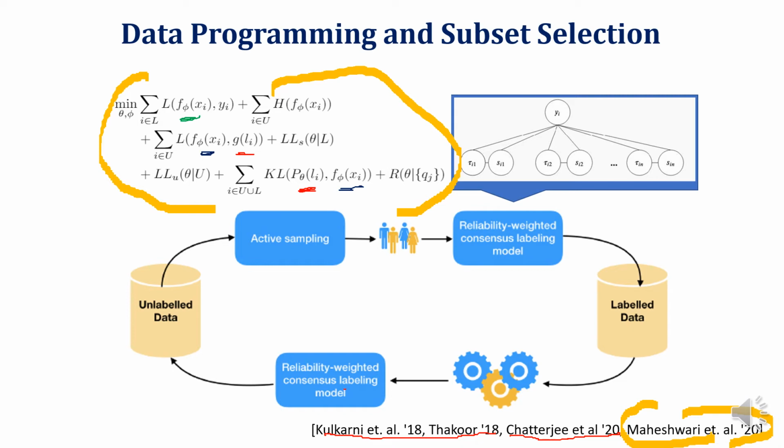And certainly you would like that on the labeled data set the features are learnt reliably with low entropy, while also agreeing on the unlabeled data set with the feature-based prediction function, agreement between the feature-based prediction function and the labeling